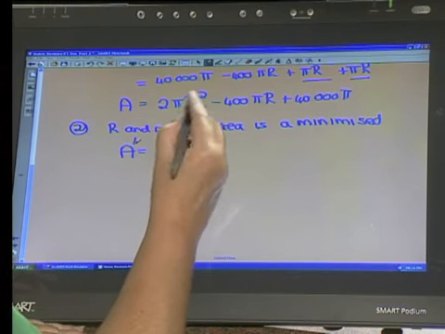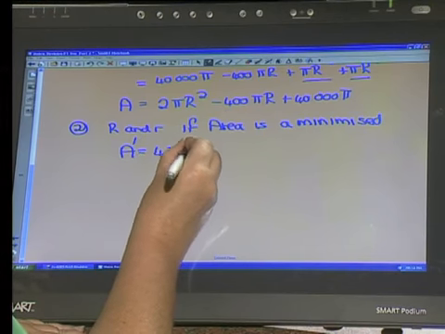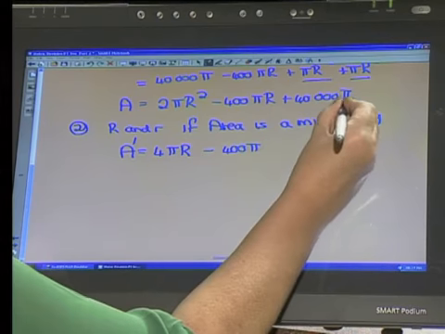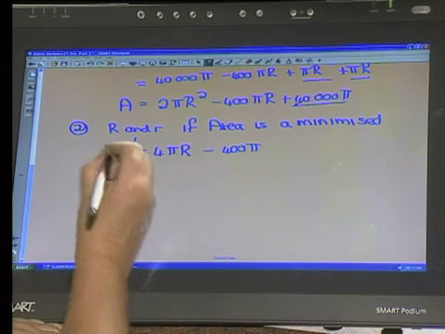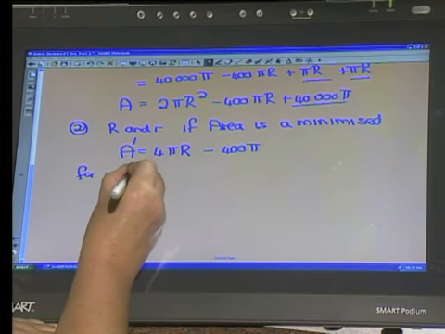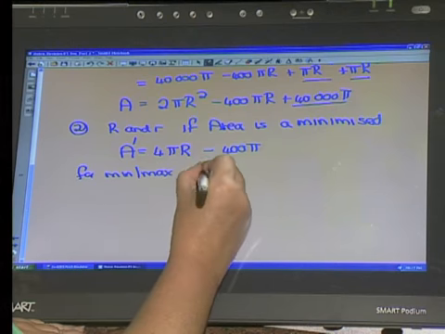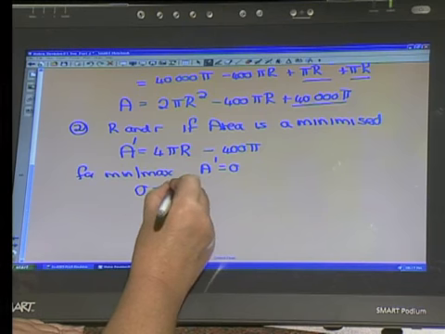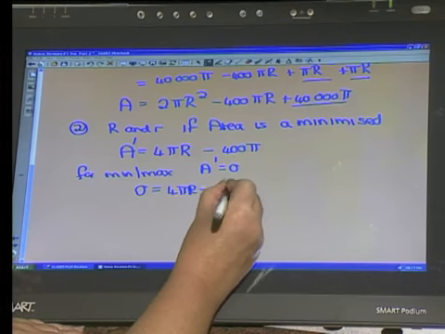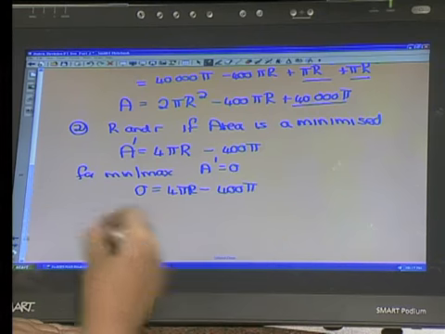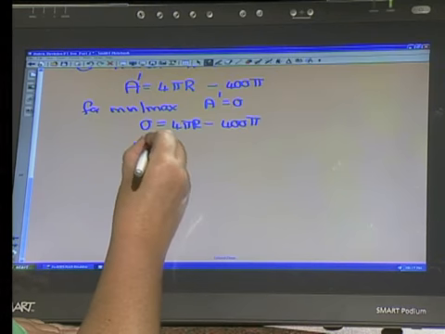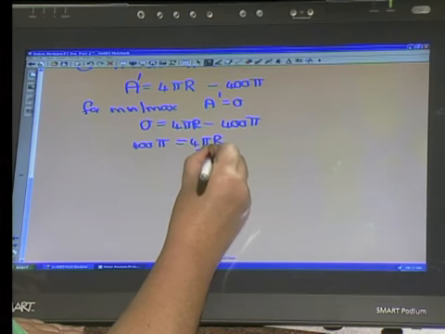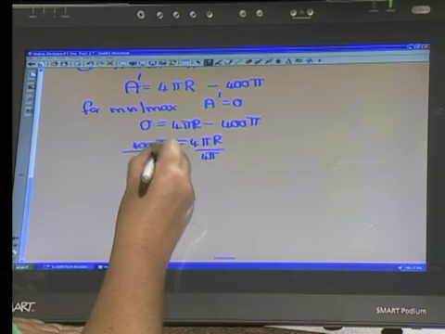We're going to say that that becomes 4 pi big R minus 400 pi, and this, of course, is a constant, so it just falls away, it becomes 0. Now, for a min, or for a max for that matter, what do we do with the derivative? We put it equal to 0. Quite right. So we get this, and now we're going to solve for that big R. The moment I do that, I bring this over, so 400 pi equals 4 pi big R, and if we divide this side by 4 pi and this side by 4 pi, we find big R